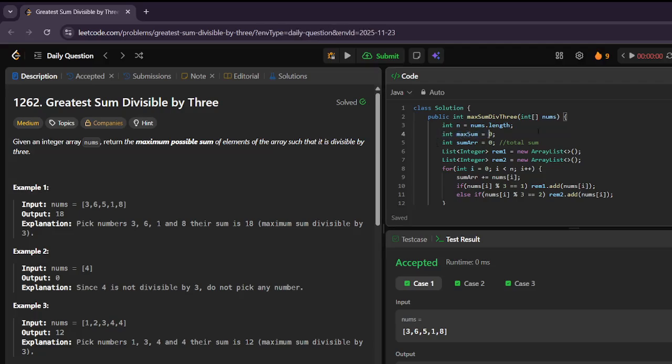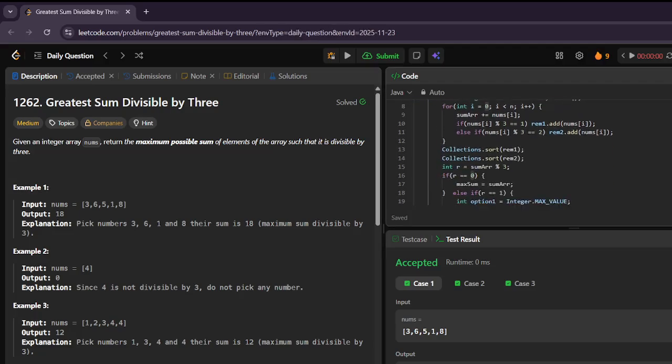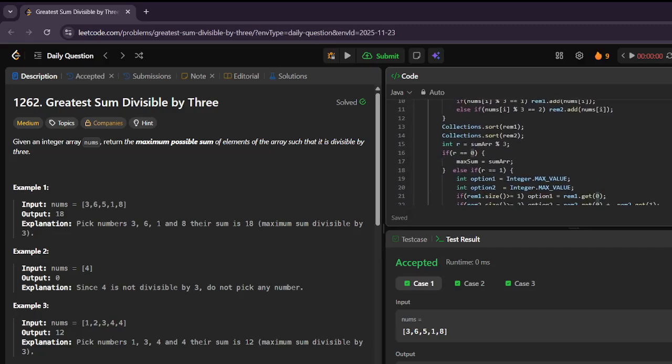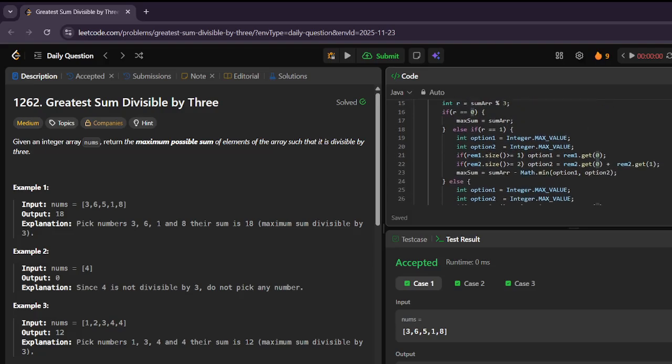Now for remainder 0, we directly return the total sum of the array as maximum sum. If remainder is 1, we have two options. Remove the smallest number giving remainder 1 if it is available in the array. This is direct subtraction. Or else if the direct element is not available,